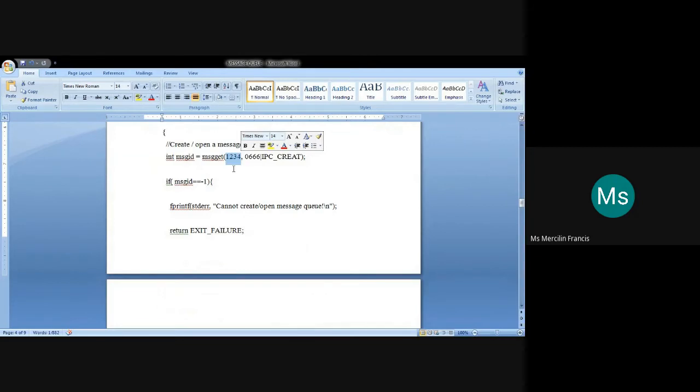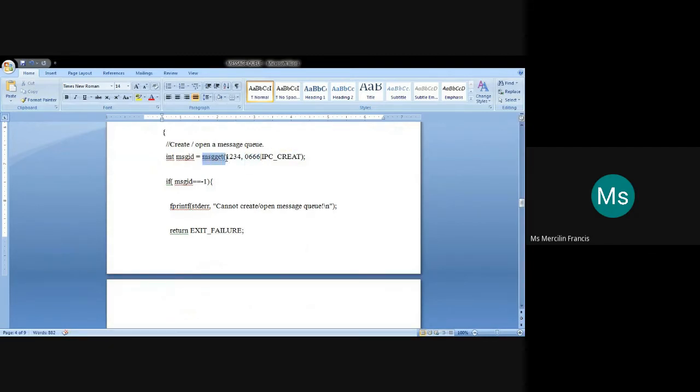And this indicates the flag in which IPC_CREAT, that is the create flag, is initiated. And the 0666 indicates the permission. Okay, 0666 indicates read-write permissions given for the particular file.